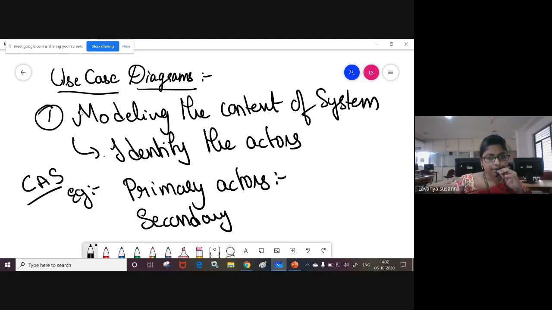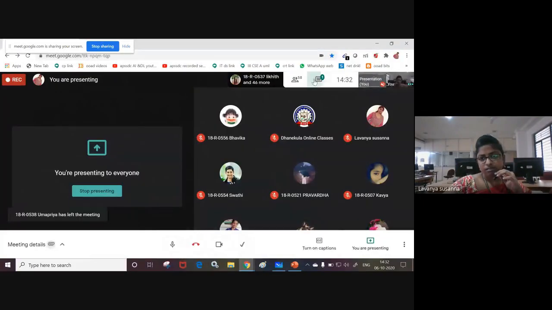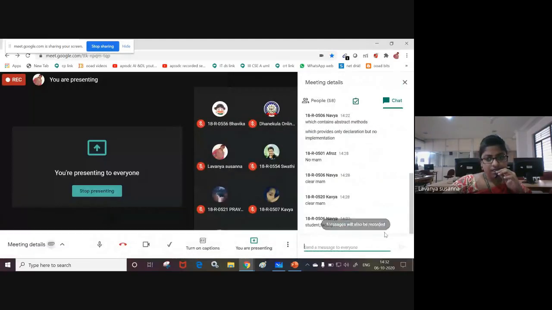Don't draw the diagram directly in examination either. Very good, Navya.